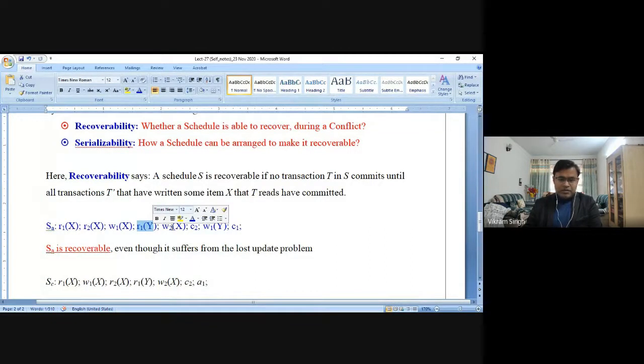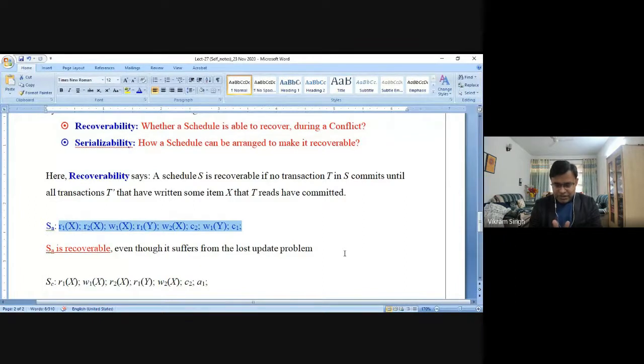on data item X by T2 transaction. So you can see here C2 is happening first, in the very first stage. After that we have got C1. So that is something desired. If you see this kind of arrangement, any transaction